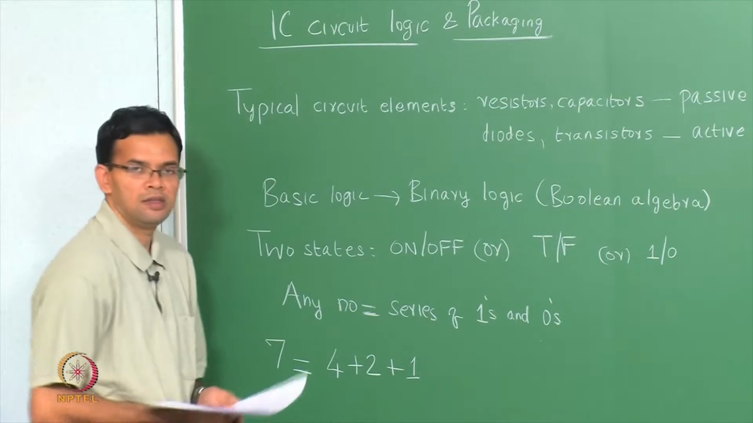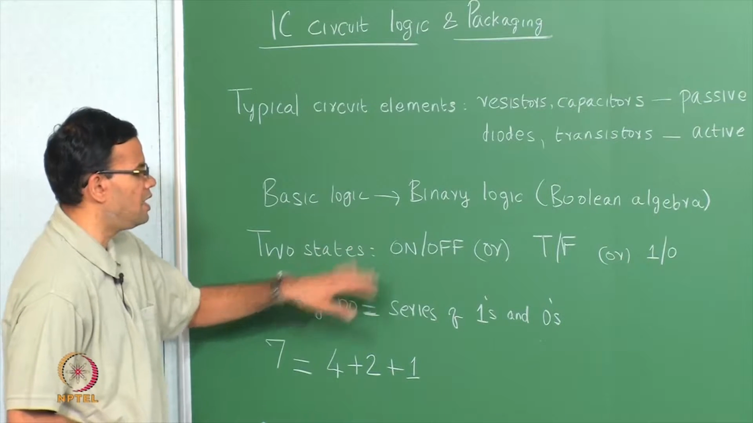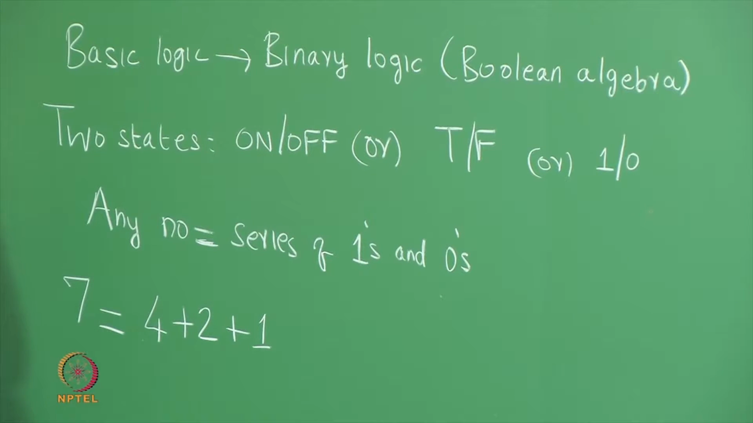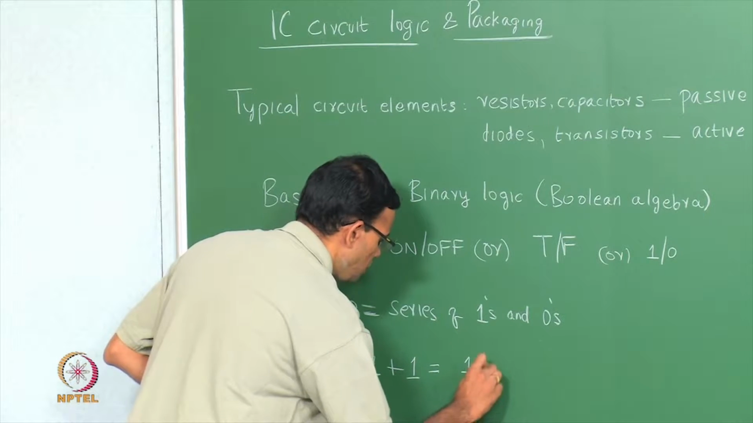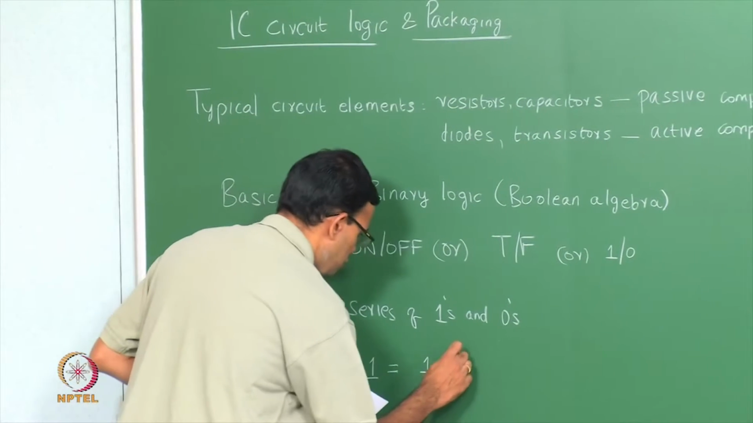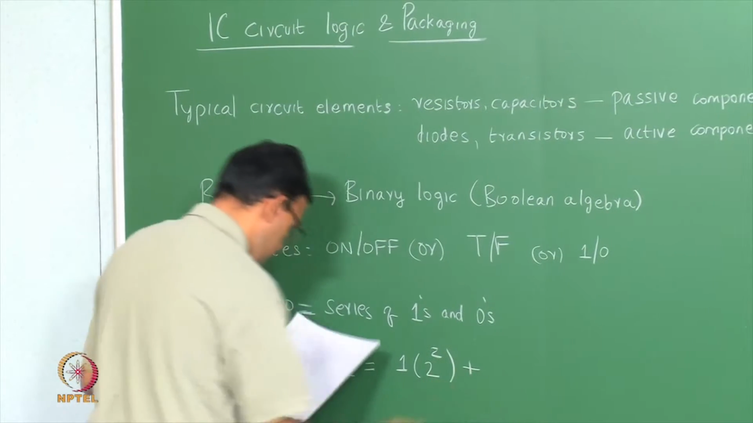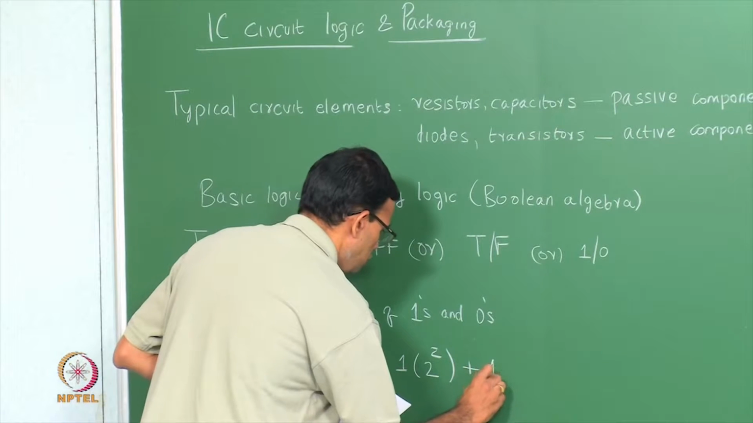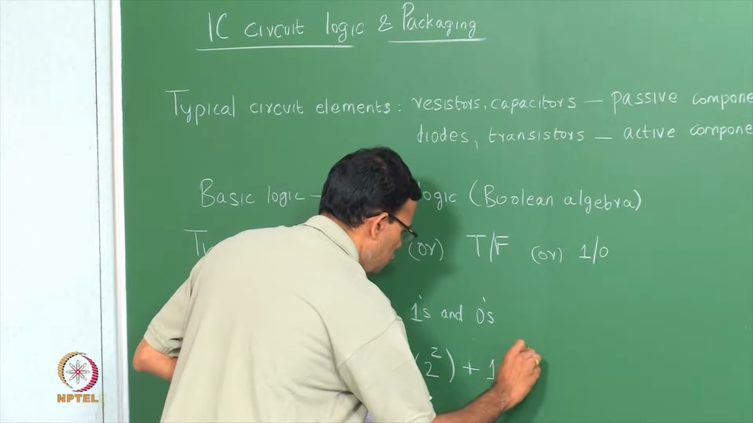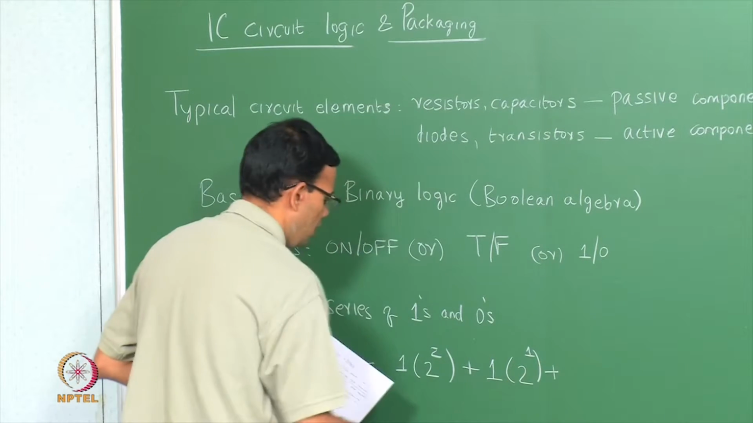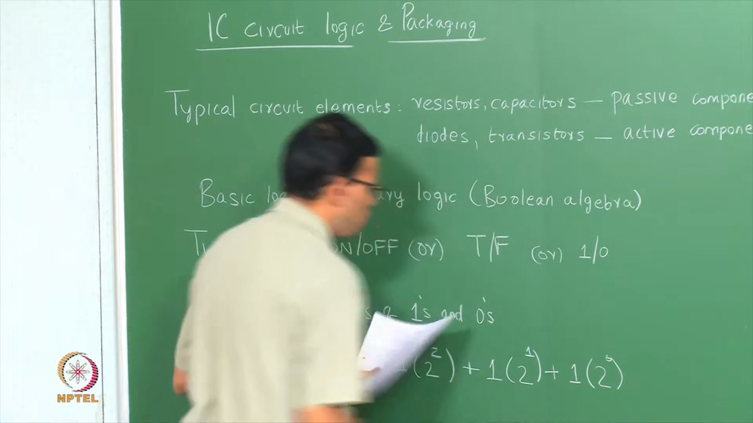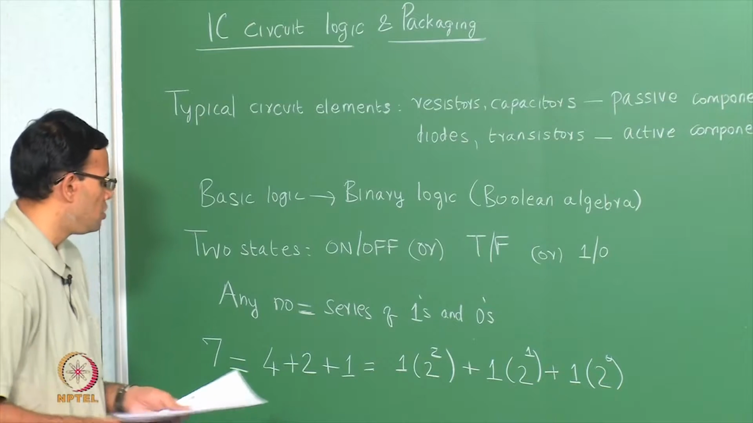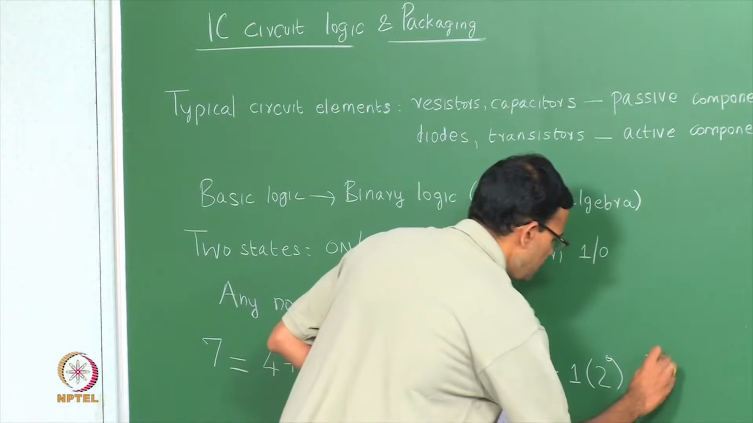2 plus 1. So, since Boolean algebra has only two states, it is basically written in powers of 2, and 4 can be written as 1 times 2 squared, 2 is 1 times 2 to the 1, and 1 is 1 times 2 to the 0. So, 7 essentially becomes